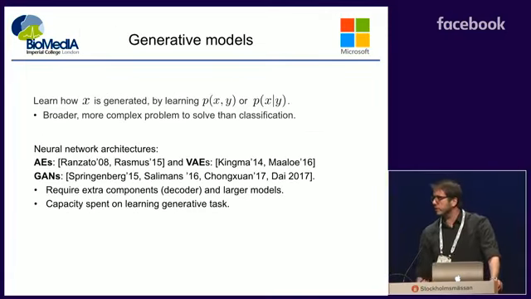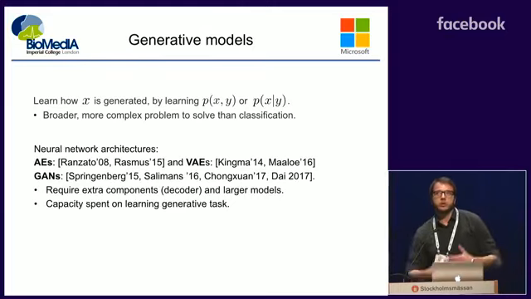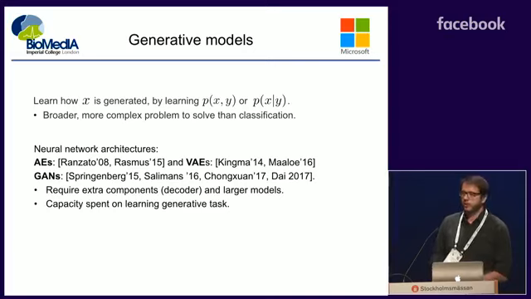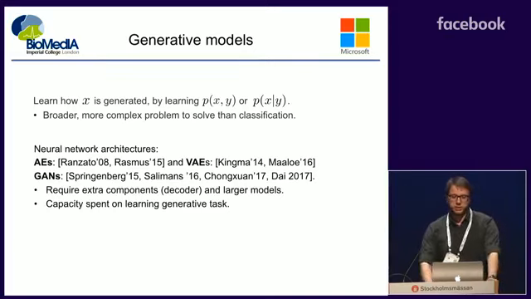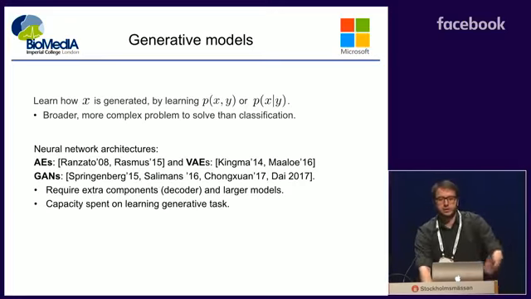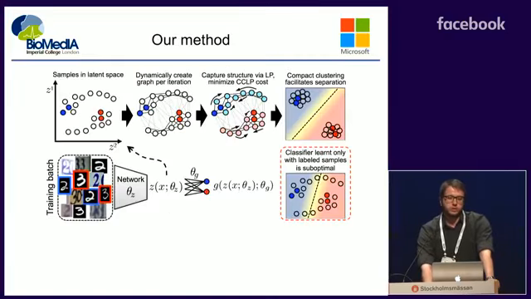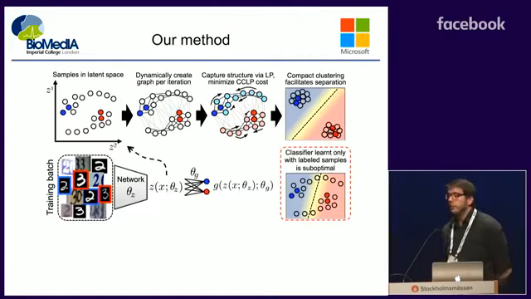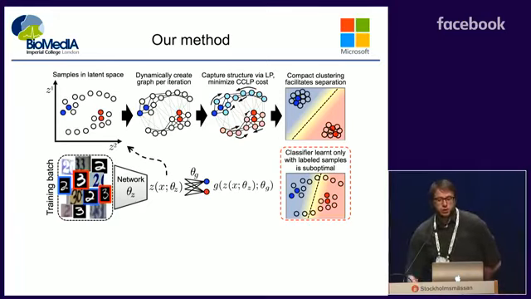And finally, very quickly, the generative models, where these methods try to model the whole generative process that creates the data X, which is a far broader and more difficult problem than simply modeling the classification task. Usually these methods tend to use more complex models, such as generators, GANs, and autoencoders, etc., while our method is a simple cost function tailored for the semi-supervised learning task. Now that we have positioned our work, I'll go back to it in detail.